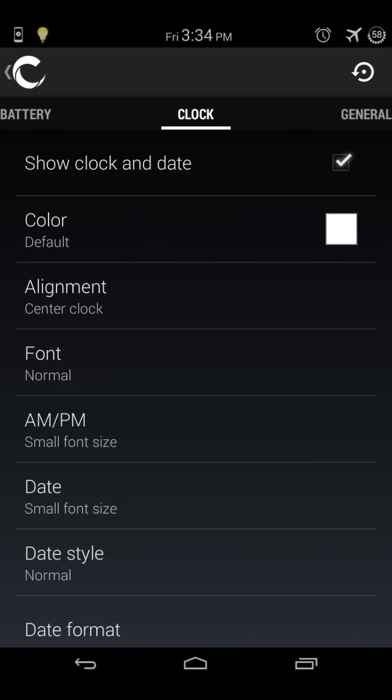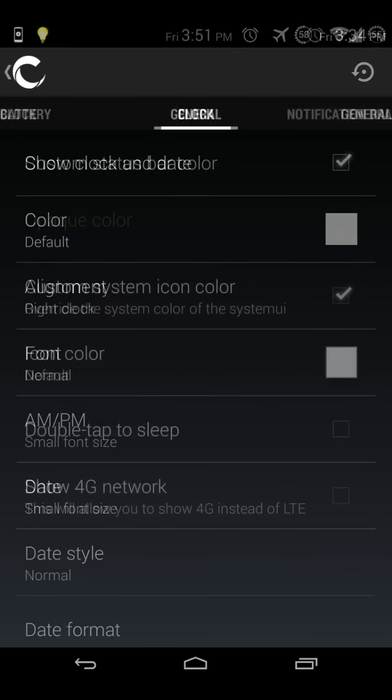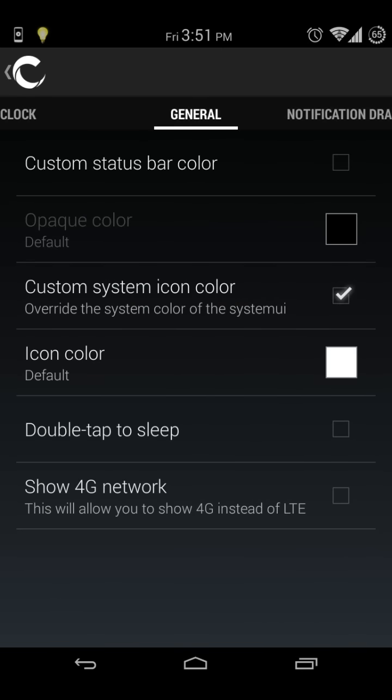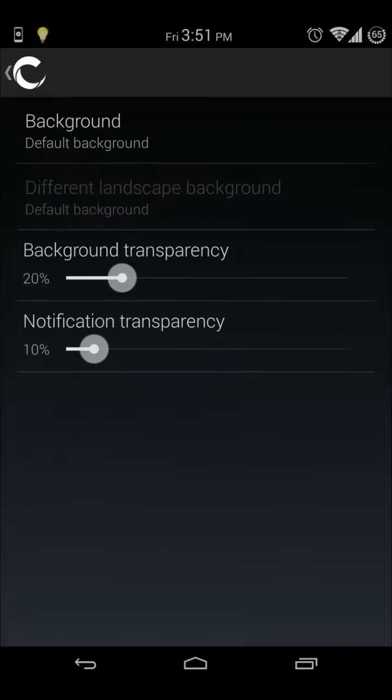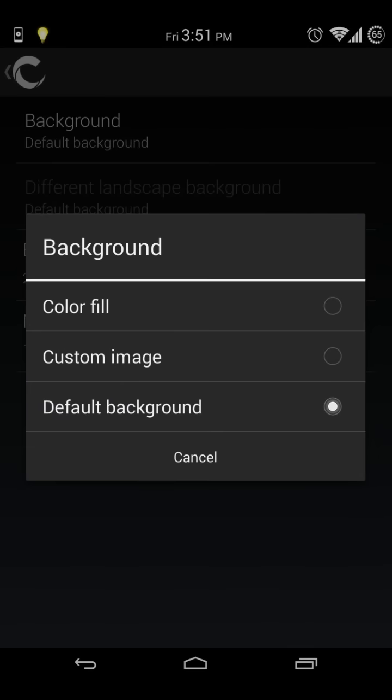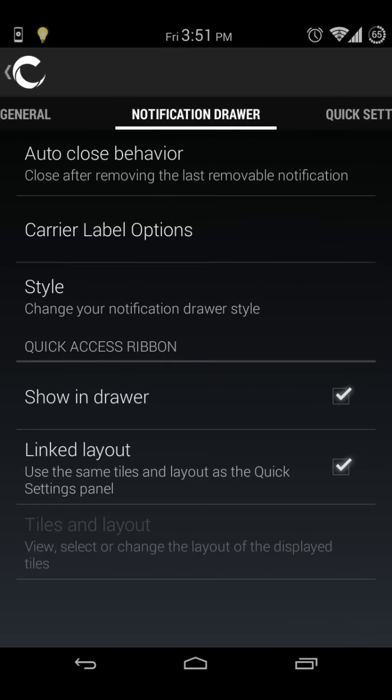I have set the clock to be at the center, and in the general you have the option to change the color of the status bar. You can change the color of the icon. You have the notification drawer. You can set the transparency. You can set the background image, or you can, going back, you have, if I scroll, the show in drawer